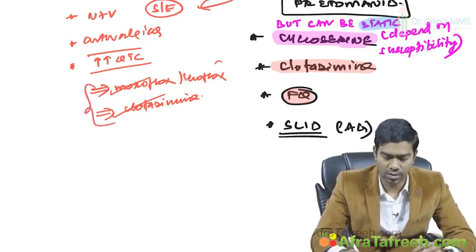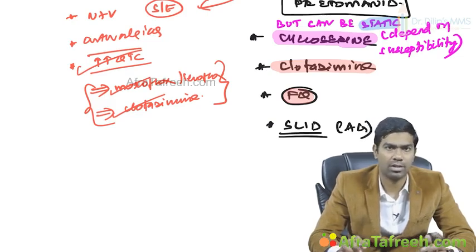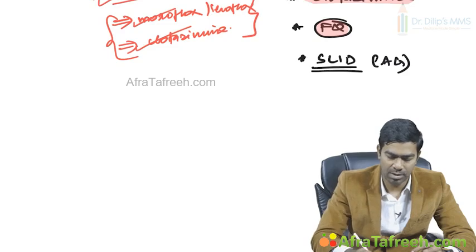So giving it along with these drugs, you have to be very, very careful, because they can prolong the QT interval to a great extent, and they can predispose to ventricular tachyarrhythmias like Torsades and even death. So you have to be very, very careful with these drug interactions. At the same time, you have to avoid this drug